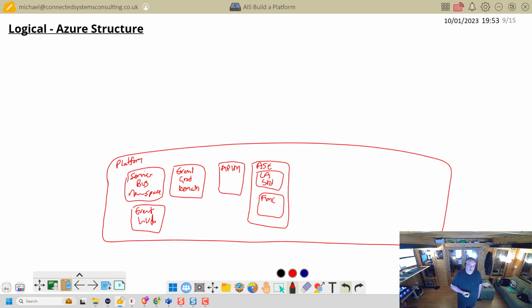So I'd have a plan. If I get more complicated, I might end up putting in more plans and stuff like that. But let's assume for now, at the logical level, I'll create my ASE and I'll have these two types of resource on it. I'll then have things like storage. So my Logic Apps and my functions are all going to need storage accounts anyway. I'm going to leave them off the diagram just for simplicity, but that's going to be an implied part of